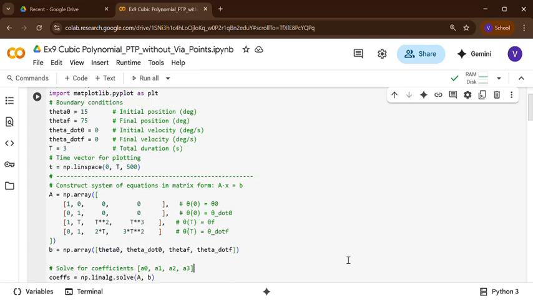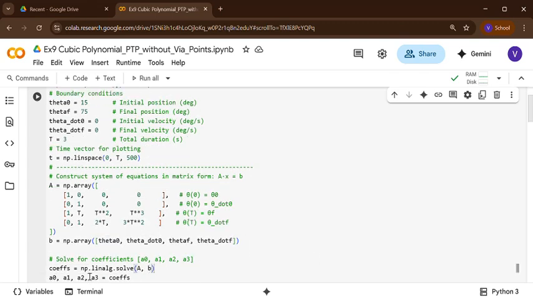Okay, so now if you give one line of code, that means np.linalg.solve, what you are going to solve is a and b. So a is the matrix you have clearly defined, and b is given over there. Manually, what we do is write the equations and solve normal algebraic equations with three variables or two variables in a similar way.